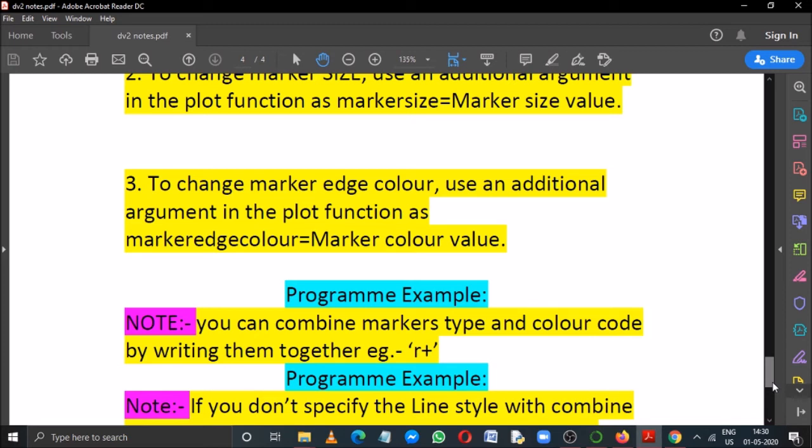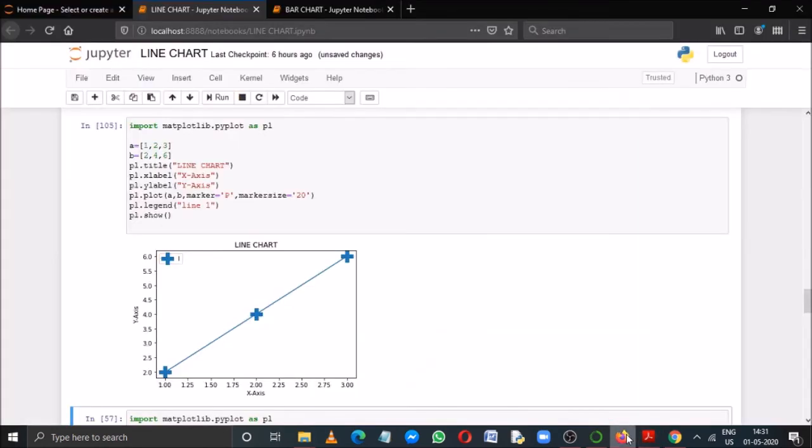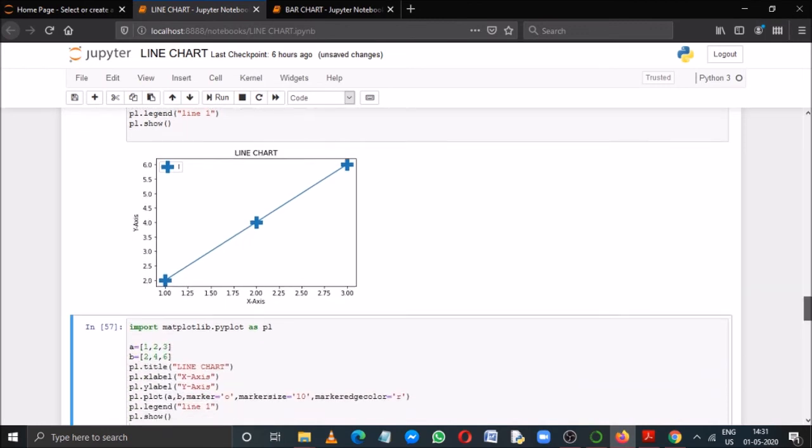So for that purpose, we can pass another argument to the plot function, and name of the argument you can see here, marker edge color, all in small letters and together without any space, is equal to, then you can pass here the color value, like you can take from the previous table also. Now we'll check it with an example. See the next example.